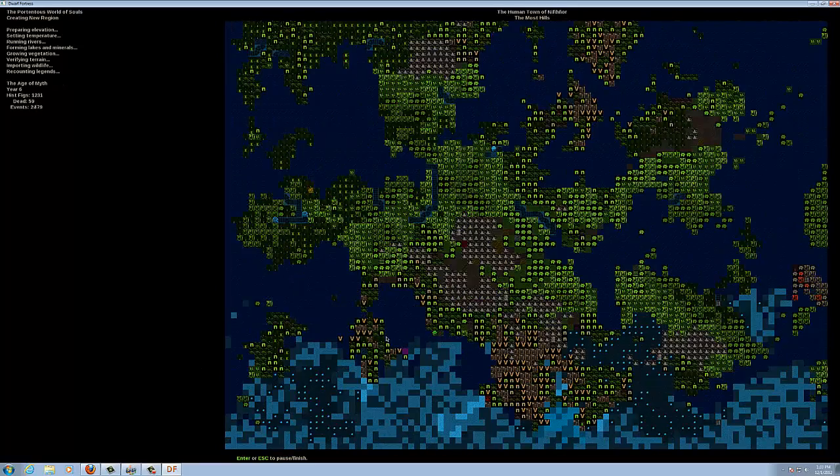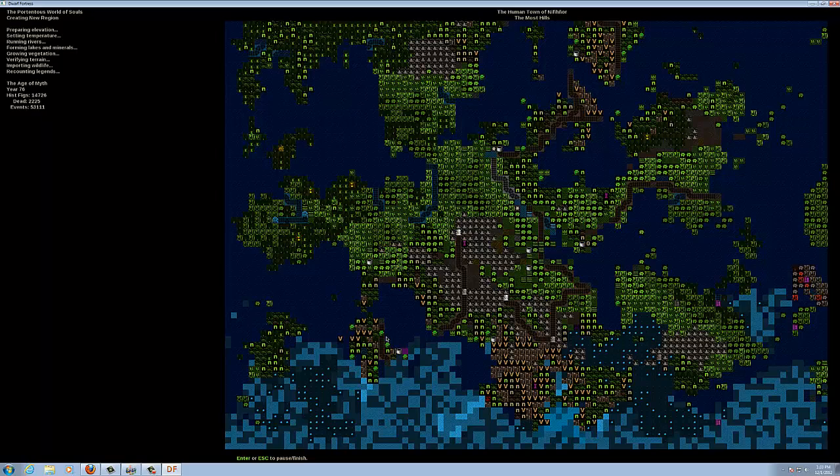Now this is your world that's being generated before your very eyes, which is a pretty amazing feature of the game. It is generating a world from scratch that we're going to play in, complete with its own civilizations, gods, historical figures, legends, epic battles, all kinds of things, all from scratch. So it has made the land masses, has simulated the temperatures in different regions and how that's affected the vegetation, ran some rivers, simulated some erosion,